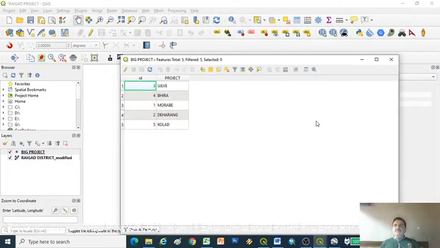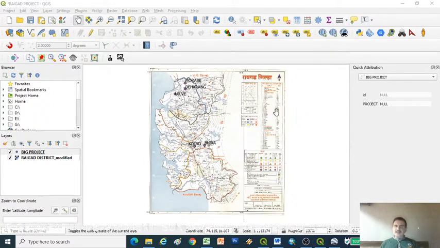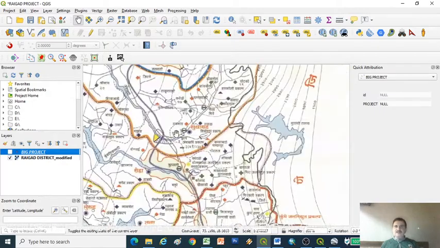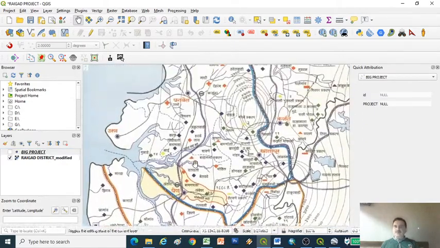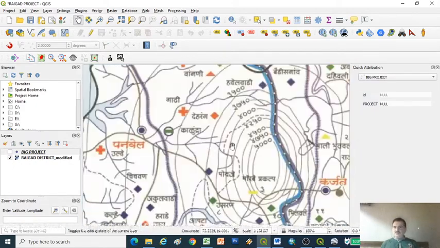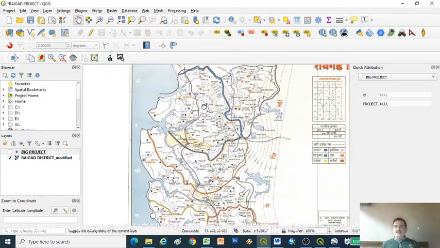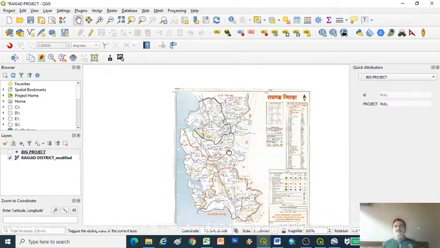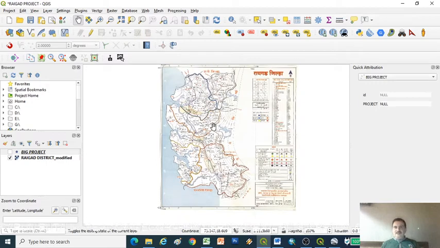Now suppose we are researchers or students studying a specific area, and we want to show some points which are not mentioned in this map. With the help of Google Earth we can add the points. That data is called Excel data.